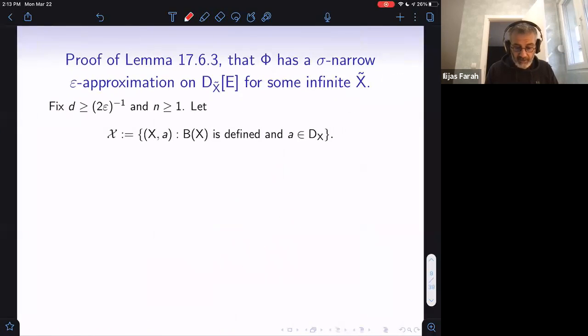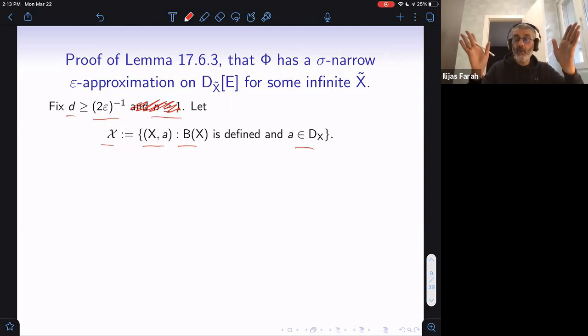All right, so now here is the proof. So we fix D, which is big enough. Big enough means at least 1 over 2 epsilon. Actually, no, we don't fix an N yet. We'll fix N later on. Now, here is the X. X is the set of all pairs (x, a) such that the B of x is defined and a is in D of x. Right, so x's are these branches, or rather subsets of branches of this tree, and a's belong